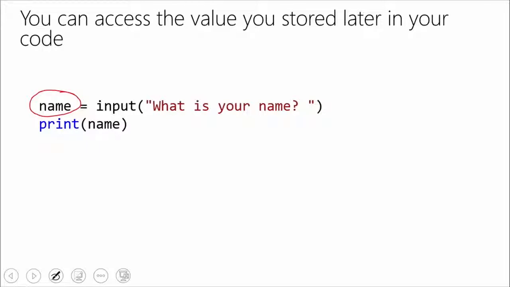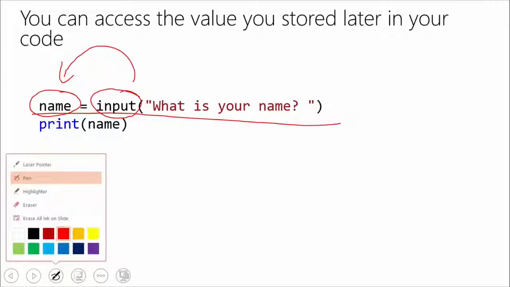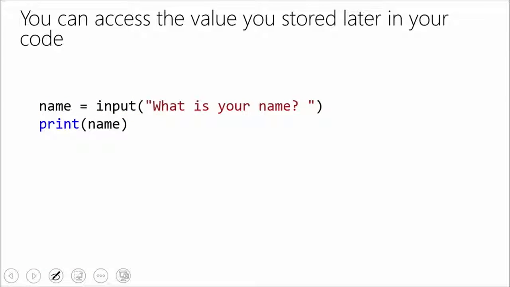Yep. Now, let's break this down a little bit. We already saw name equals input. Now, what is input going to do? Input is going to prompt the user for a value, and whatever it gets back, it's going to put into that little placeholder. So if I had on my screen here that little input, and I typed in, for example, Christopher,